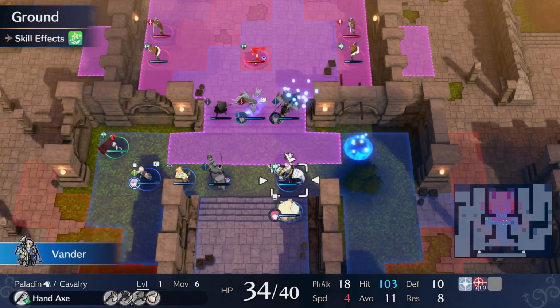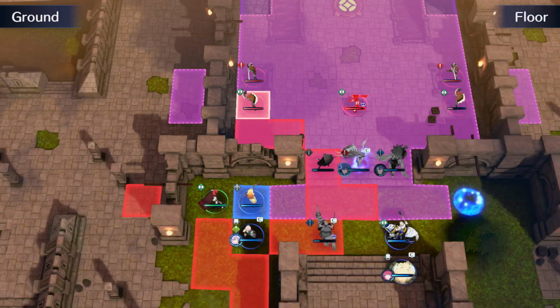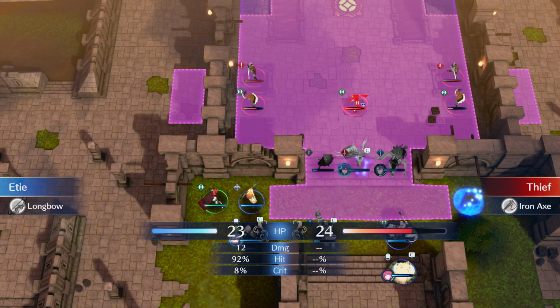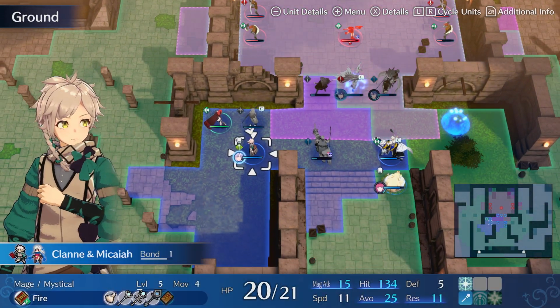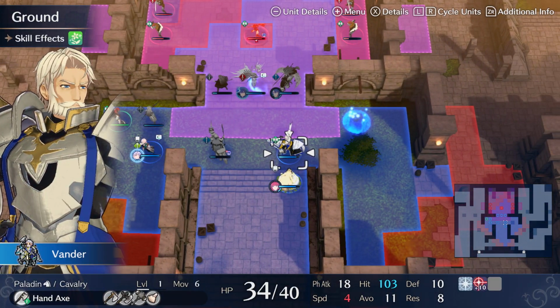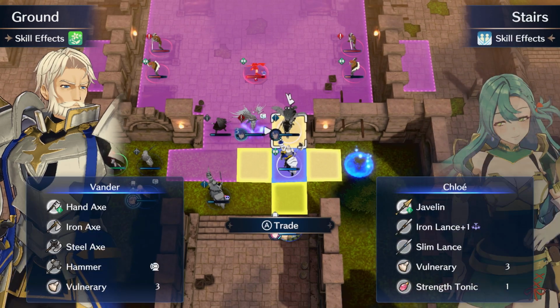So with Chloe and then with Etier. What would be ideal is Etier critting there. That would be really nice, but and then Vander is gonna come up here,